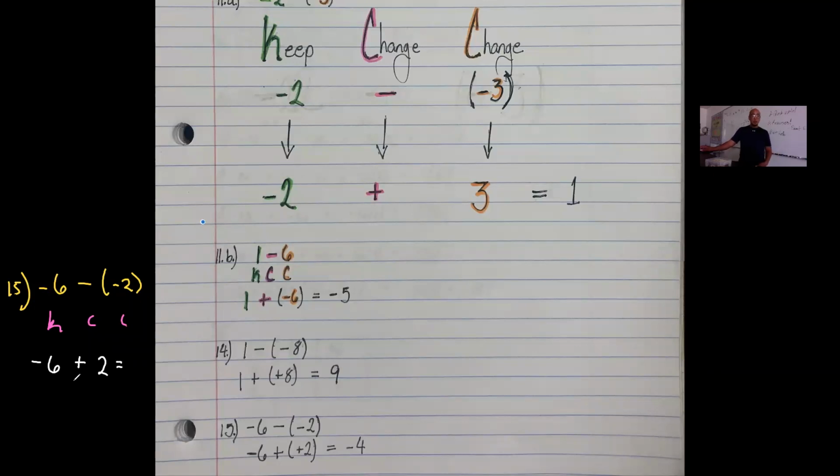Now we are adding, we're combining a negative and a positive. So even though we're technically adding, we're actually going to get the difference because they have different signs. 6 minus 2 is 4, and it's going to be -4 because we have more negatives than positives. That is my final answer. If I was going too fast, I recommend you go back and rewatch this part of the video. But ladies and gentlemen, again, you write the first problem, you do KCC to make an addition problem, and then you just follow the addition rules that we